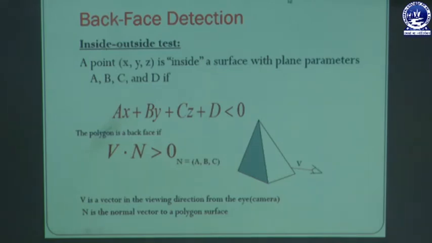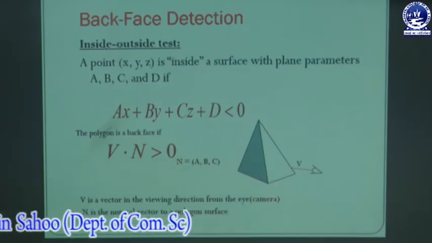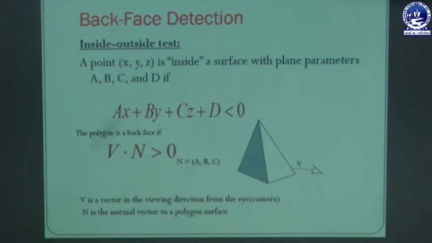Okay, here is the polygon structure where there are two faces: the front face and the back face. The user should be able to see only the front portions, and the back face portions should be eliminated. It provides one constraint: if the normal vector is greater than 0, that means the z coordinate element is positive in nature, and it is a back face. If the z is negative in nature, it is a front face. By using these given conditions, it accesses all the visible portion elements.